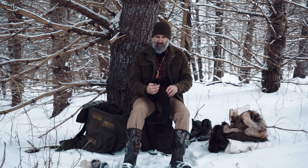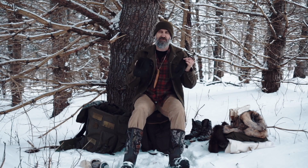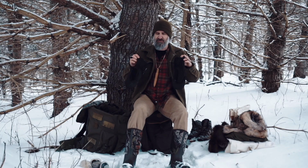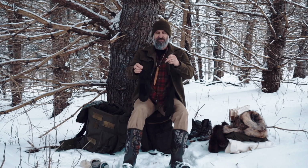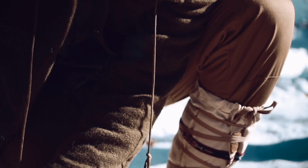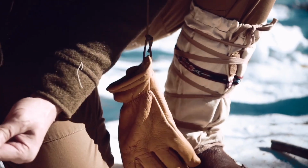Another thing I'll say about the wintertime is, in extreme cold conditions, the last thing you want to do is set one of these down and lose them. So you always want to have the ability to tie these off, so that when you take them off, you're never setting them down on the ground and walking away from them, getting them covered with snow or losing them. You always want to maintain control of those. That's why most of my anoraks